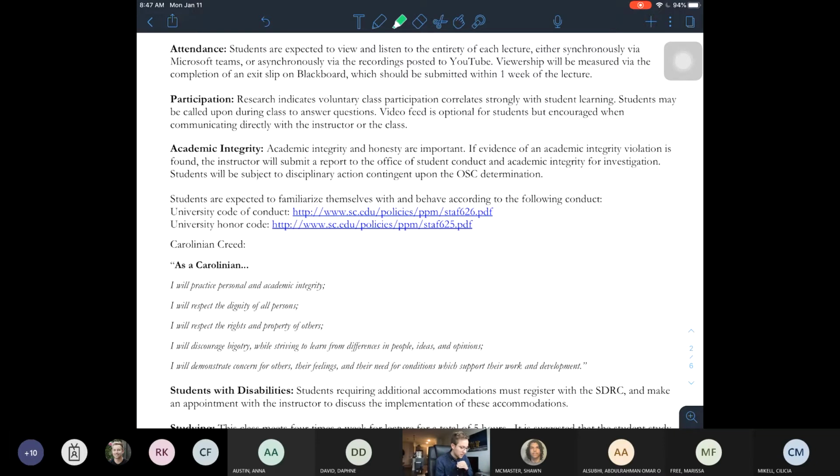Okay, so participation. Research indicates voluntary class participation correlates strongly with student learning. That's definitely been true in my classroom. The students who participate regularly in class almost always get better grades. People who attend office hours regularly always get better grades. So participation is important for a lot of students. Some students may be able to get by without it. I may occasionally solicit responses from you during class in order to,